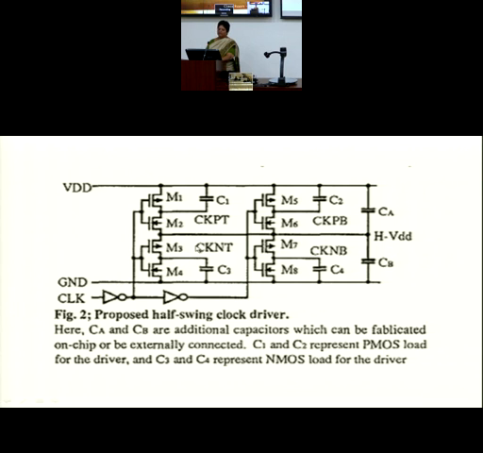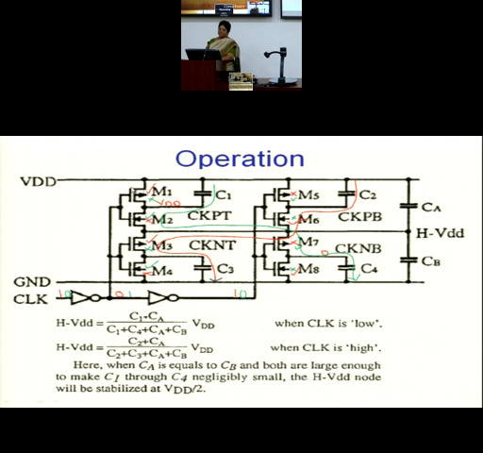How is it done? Look very carefully. This is 1 inverter, this is another inverter, a third inverter and a 4th inverter. Suppose this signal is 1. So this would be 0. So this would be 1. Look at the red points. This 1 means this is on, M8 is on.